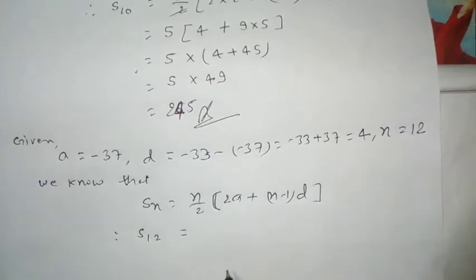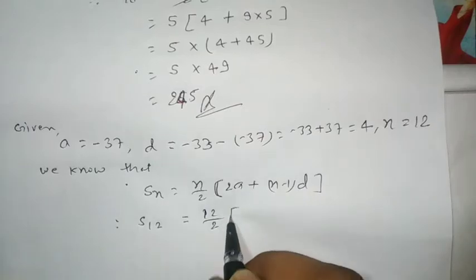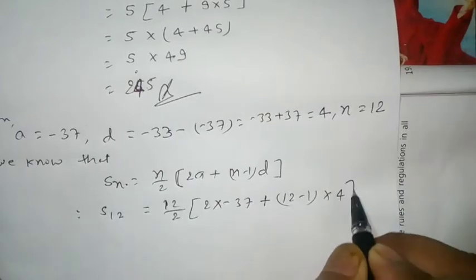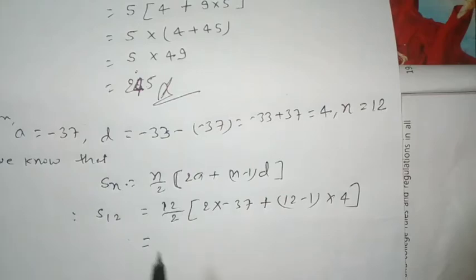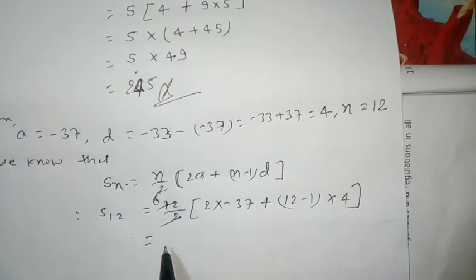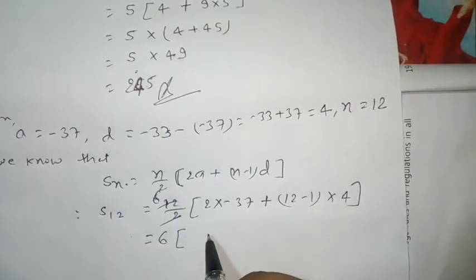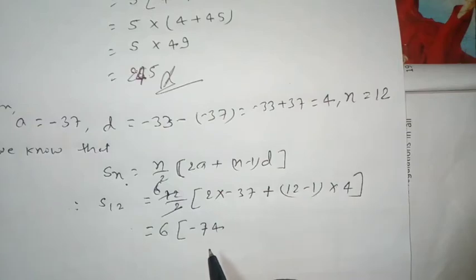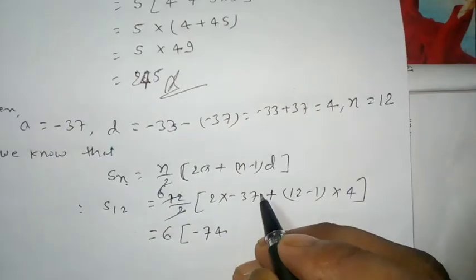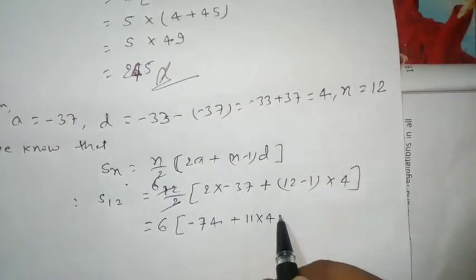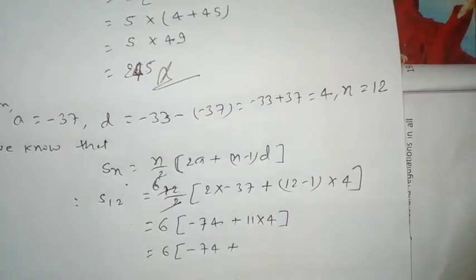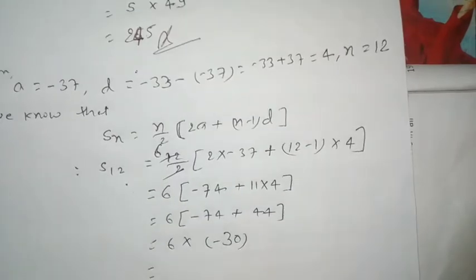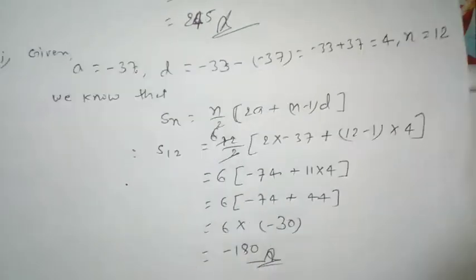Therefore S12 is equal to 12 by 2 into 2 into minus 37 plus 12 minus 1 into 4, is equal to 6 into minus 74 plus 11 into 4, is equal to 6 into minus 74 plus 44, is equal to 6 into minus 30, is equal to minus 180. Answer. The next question,